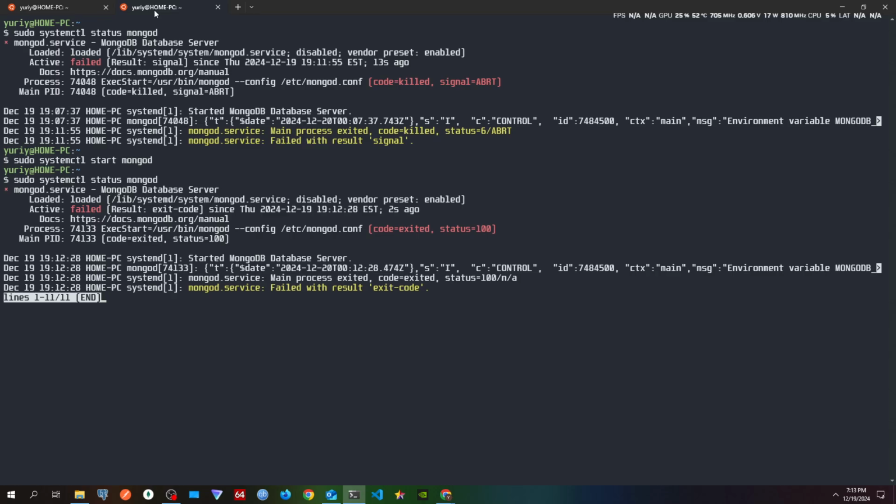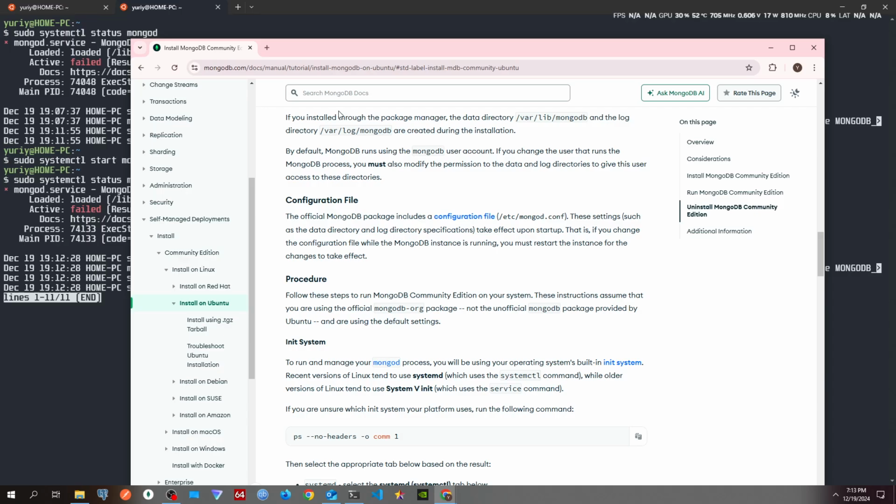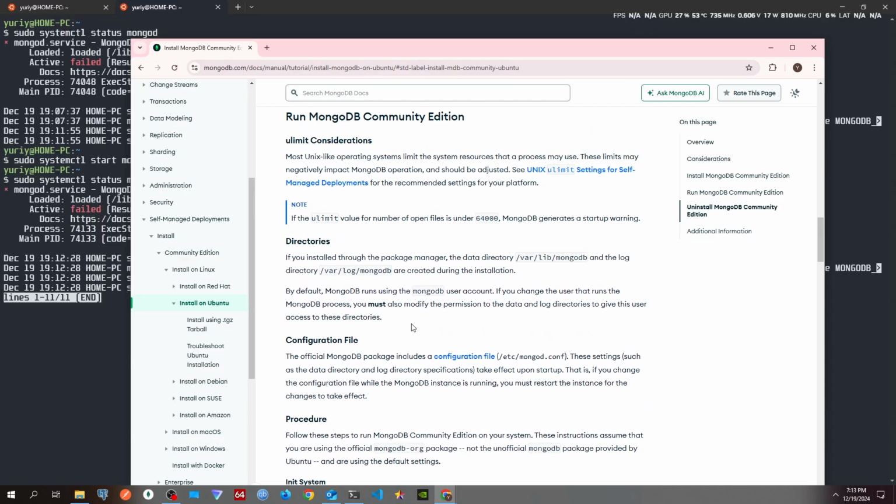MongoDB is saying something went wrong and it's giving us a status of 100. What do we do with that? Well, actually, we can do a lot with it. Again, Linux, not for the faint-hearted. With great power comes great responsibility. If we look back at the official directions and so on and so forth,